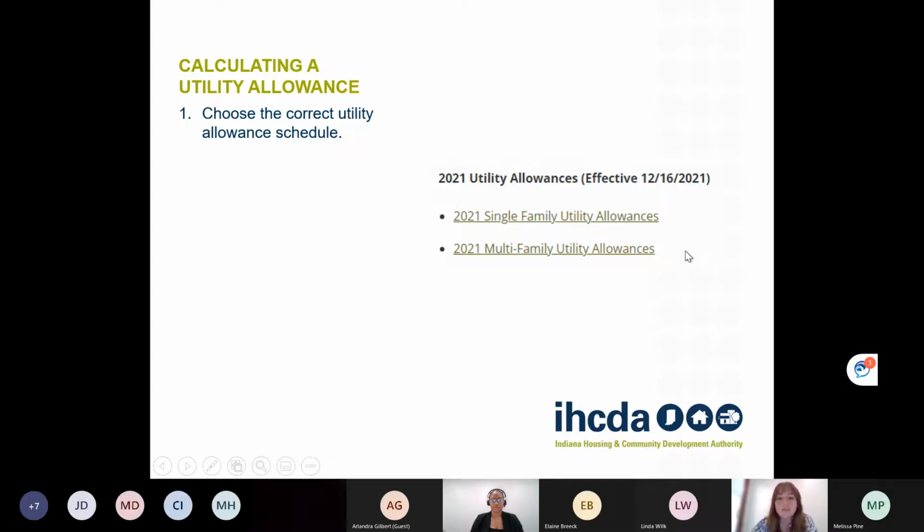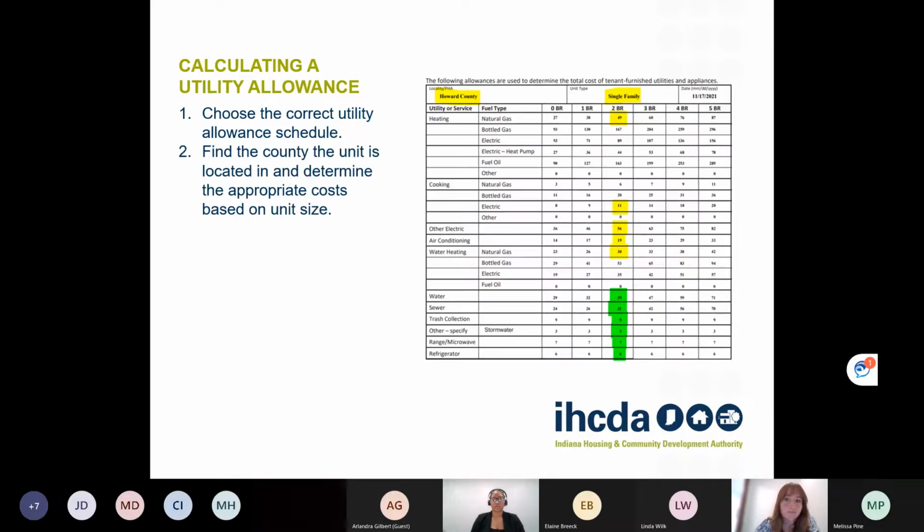determination. So since this family is renting a house, that would be considered a single family unit. So we would look at the single family utility allowances. And we also want to make sure that we're using the most recent one that's posted on the website. From there, we want to make sure that we have Howard County selected, and that, again, it says single family up at the top. And then when you go through, you want to identify the different costs that the client